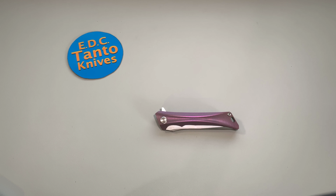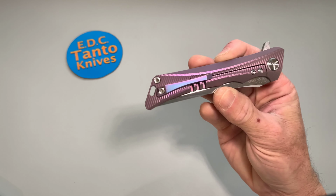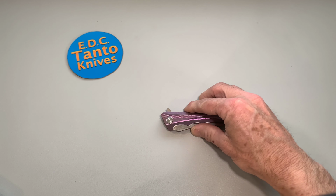Today we have a new review for you of the Twosun TS59 M390 blade in purple, anodized handle and pocket